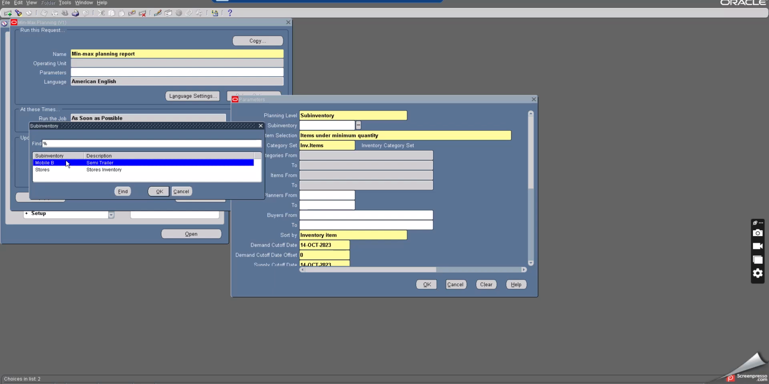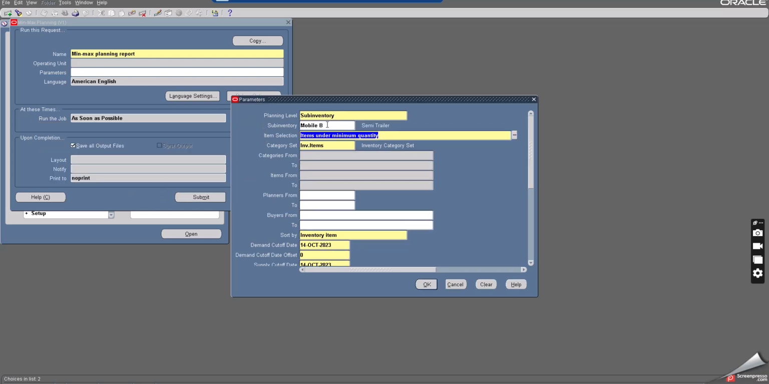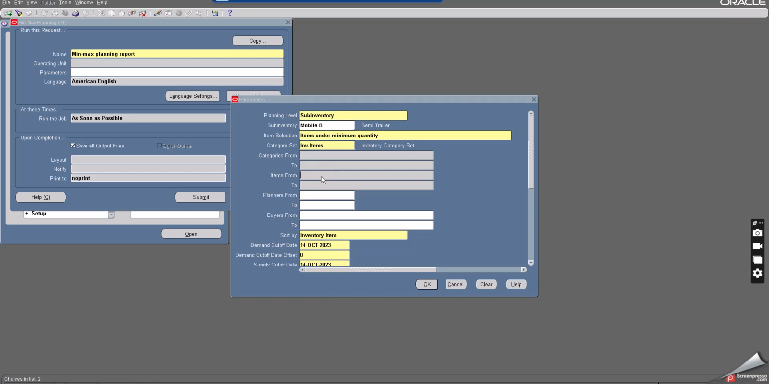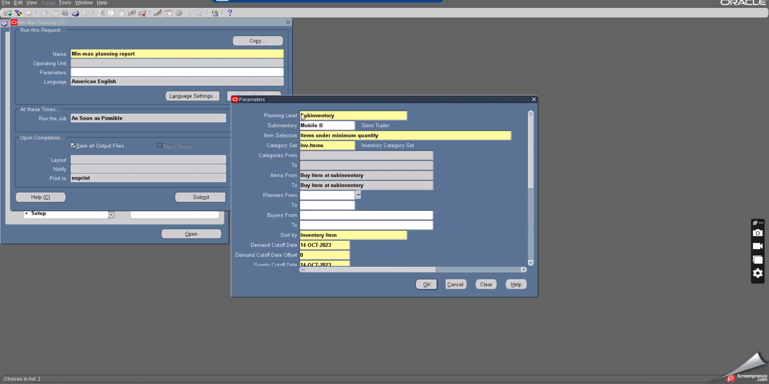We are submitting the concurrent program for the mobile B substore. That is the destination, so we are submitting against the destination sub inventory. So select mobile B and define the item here. These are the major parameters. Remember, people may make mistakes here. Planning level is at sub inventory, and sub inventory is mobile B, and items is by item at sub inventory,